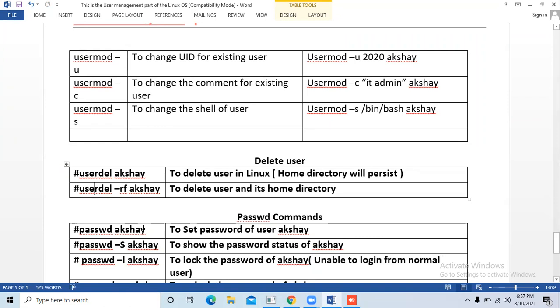So passwd is used to set the password, and passwd -S, capital S, is for the status of the user, to check the password status of the user.